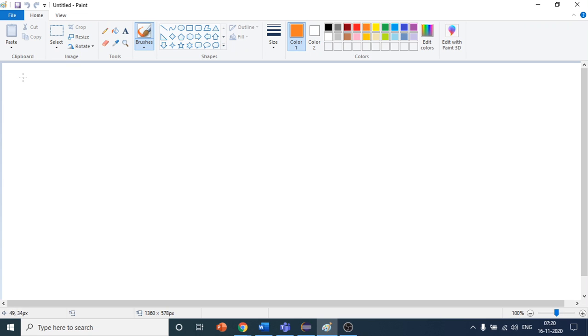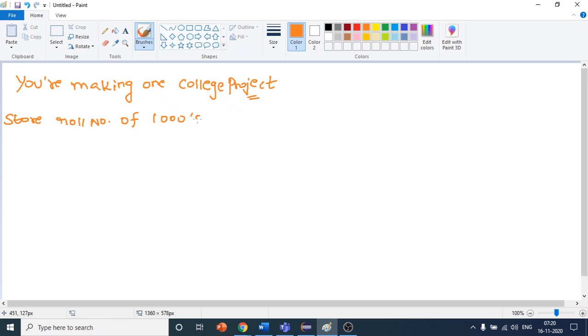Suppose you are creating a student project, or you can say a college project. In the college project, you have to store the roll numbers of 1000 students. If you want to store the roll number, it will be of type integer. So you can do it like this: int rollNumber1